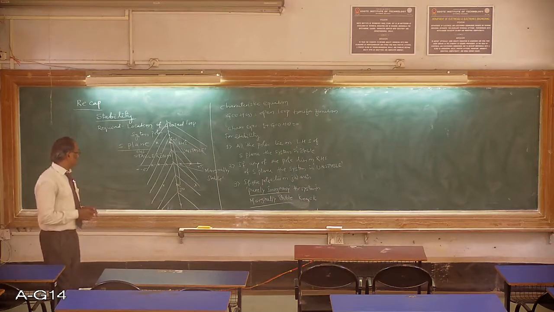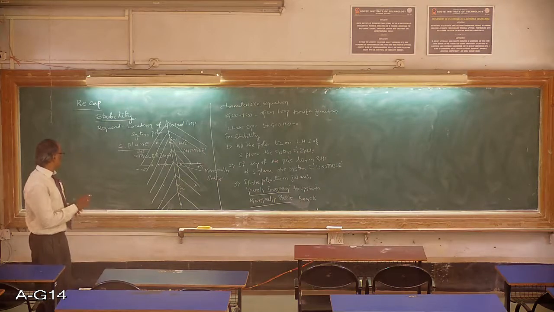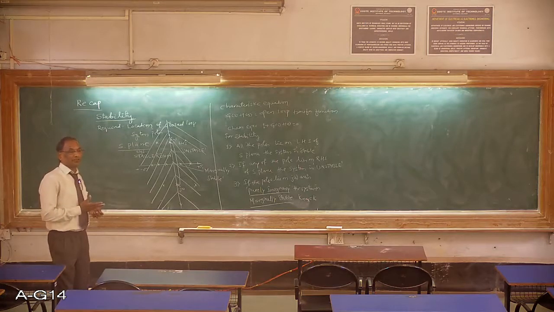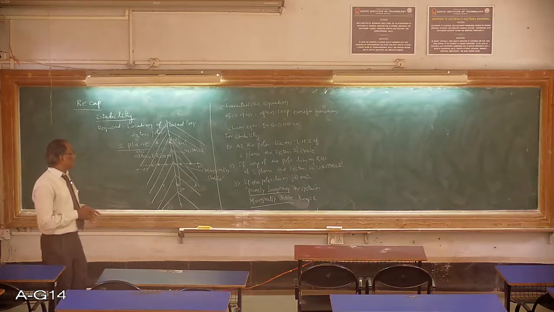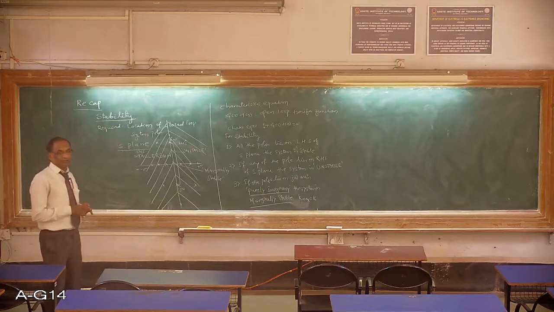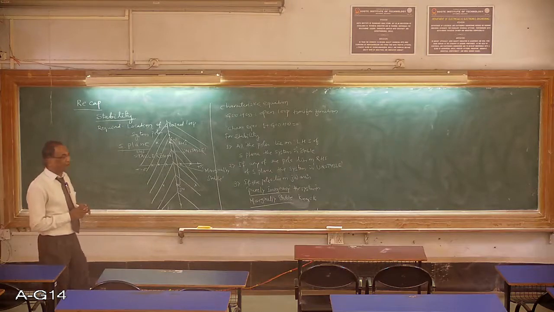And now one thing we need to know at this point is, if the characteristic equation is up to third order, for first order only one pole is there, where you can equate it to 0 and find the location of the pole. And if the system is second order, there are two poles, where you can find the location just by solving a quadratic equation. Even if it is third order, you can solve it using your calculator by knowing the constants a, b, c and d. For a quadratic equation, by knowing a, b and c, you can find the roots of the characteristic equation.